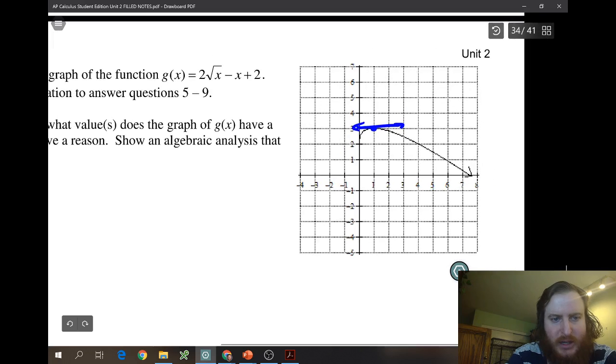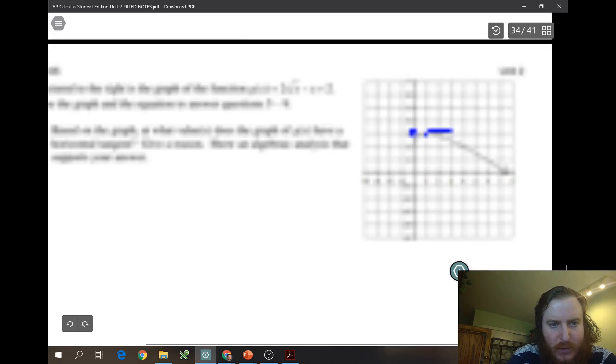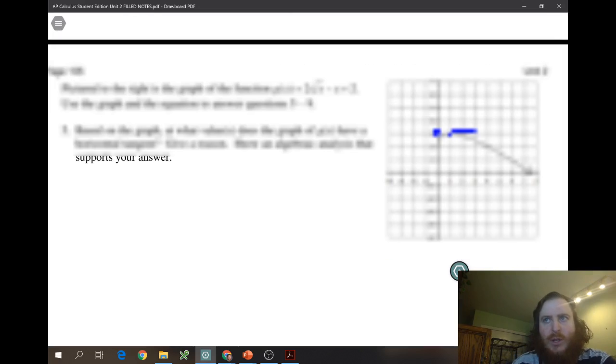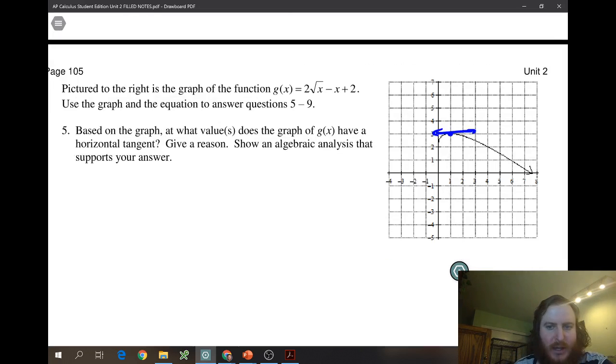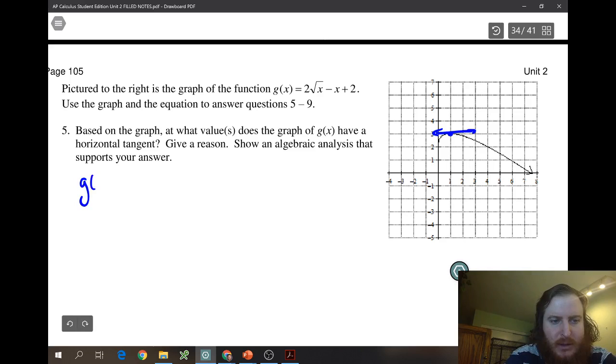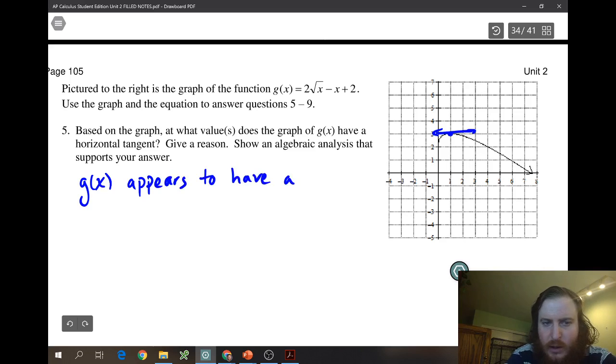Now, if we're going to justify this, it goes back to yesterday. What was our justification for horizontal tangent? Horizontal tangent matched up with when the slope was 0, and that could have been at a maximum or a minimum. So, we could say, based on the graph, g of x appears, because it's on the graph, to have a horizontal tangent